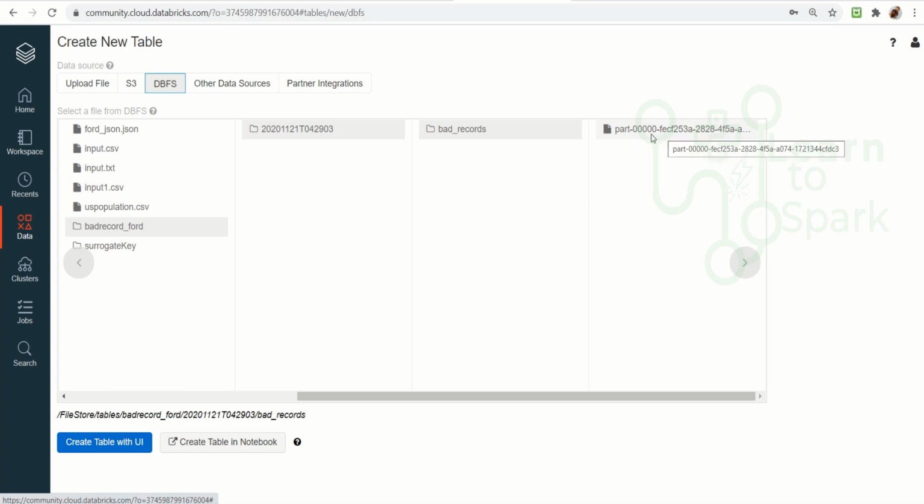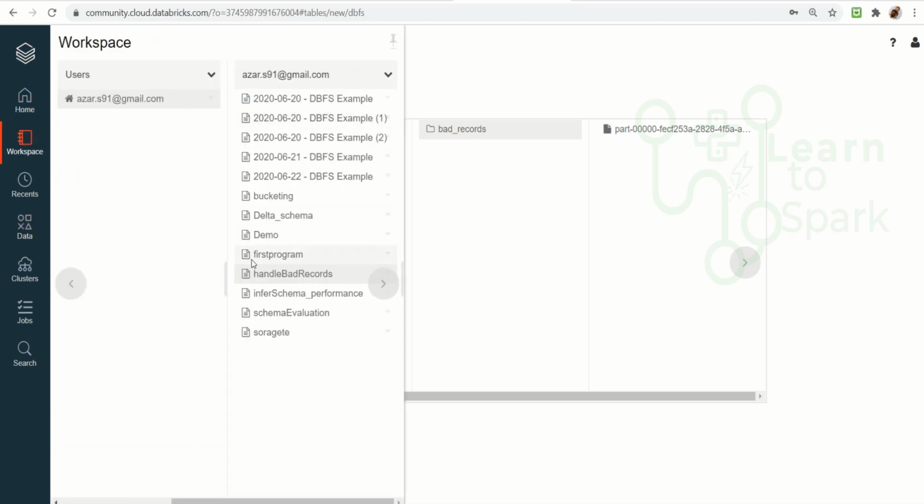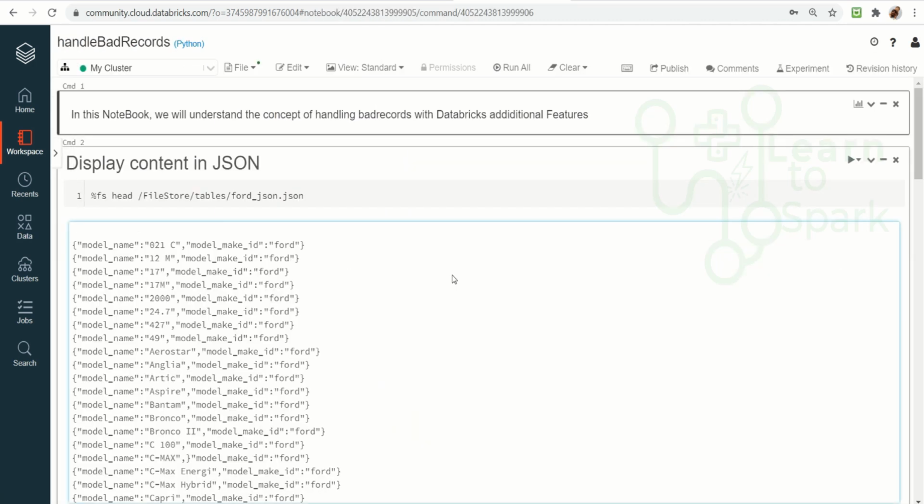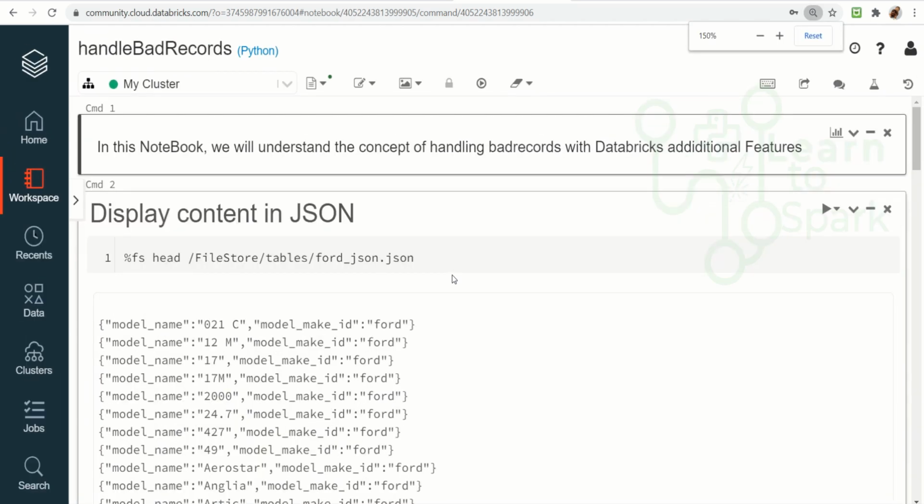So this is the format it will have. That being said, we will check how we can read this file. I hope you can see this window. Let me enlarge it a bit.